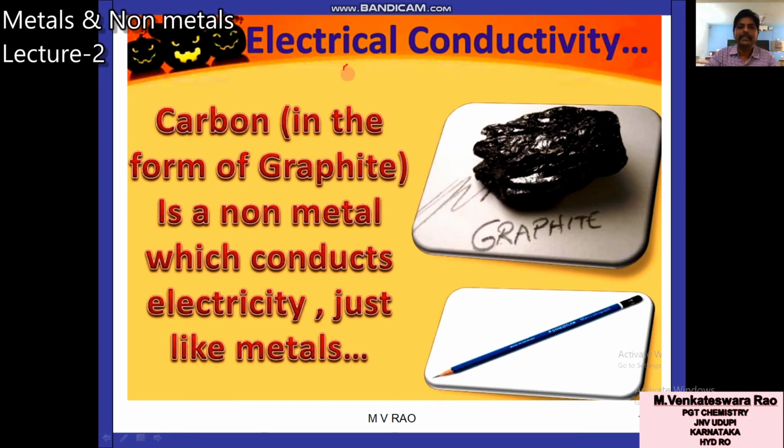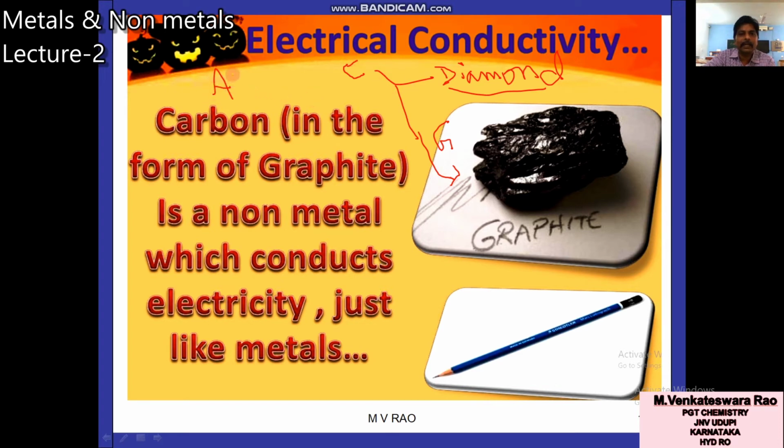That means the same element, carbon, occurs in different forms. One is diamond. Carbon is available in nature in two different physical forms, in the form of diamond and in the form of graphite. So this is the graphite. Not only diamond and graphite, but also coal, charcoal, lamp black, carbon black, animal charcoal, sugar charcoal. Like this, so many forms are there.